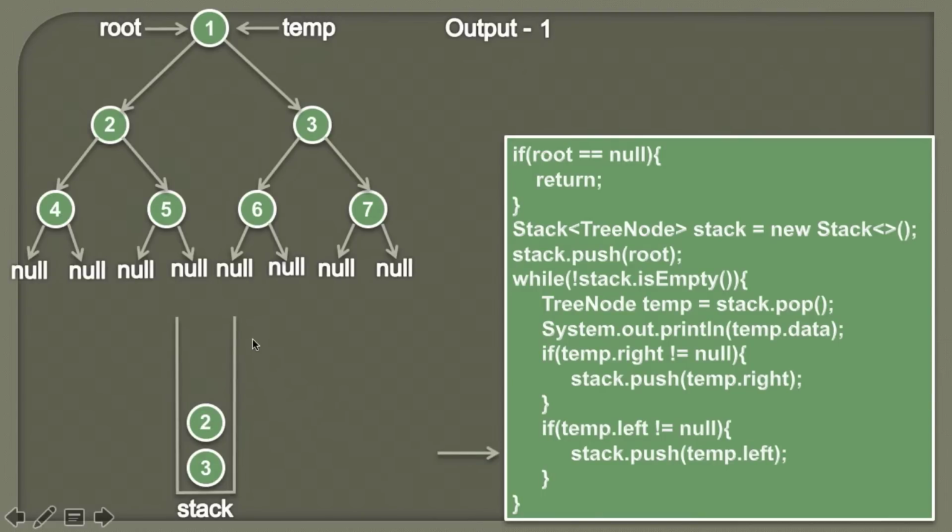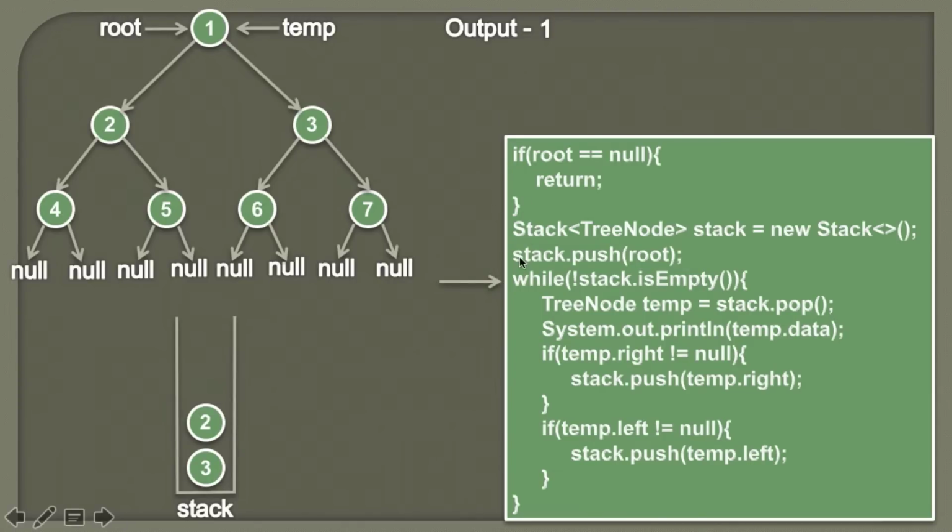So friends, as stack is a LIFO data structure, it means the node inserted last would be the first one to be removed. And we also know that in pre-order tree traversal, we first visit the node and then we visit the left subtree. So basically in order to traverse the left subtree first, we push the right node on the stack and then we push the left node. Therefore when we pop it out, we'll pop out the node having data as 2.